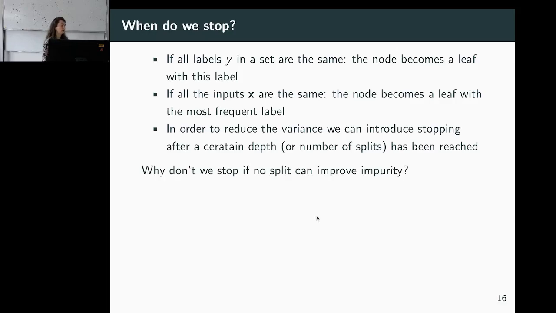But these are only three criteria on which you can stop. What we cannot do is stop if no split can improve impurity. So at some point, if you have, for example, our data set where we have three pluses here, three pluses here, three O's here, and three O's here, right? No matter which split we take, here or here, all others would be even worse, but this split